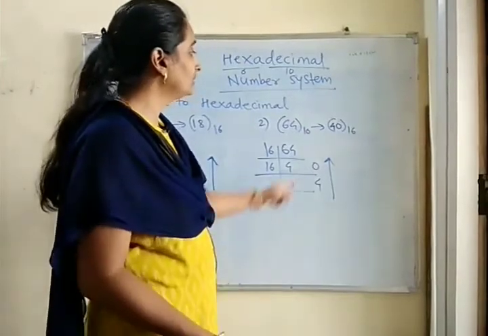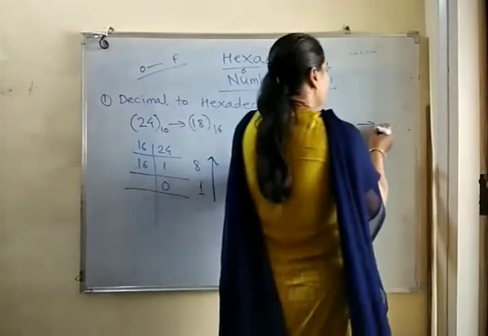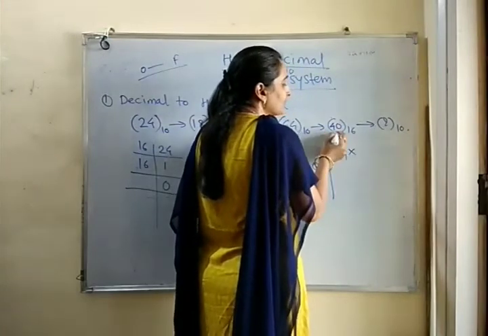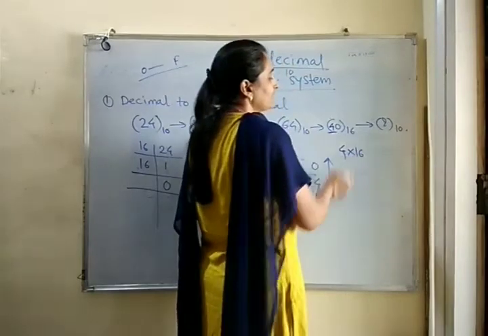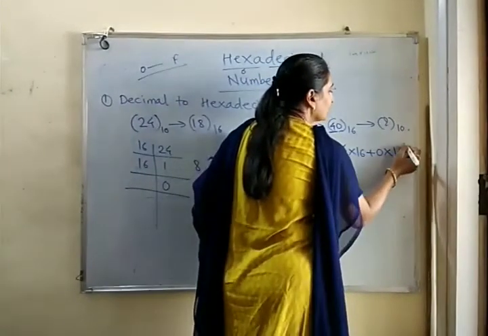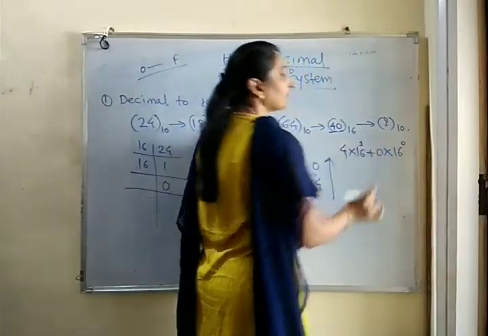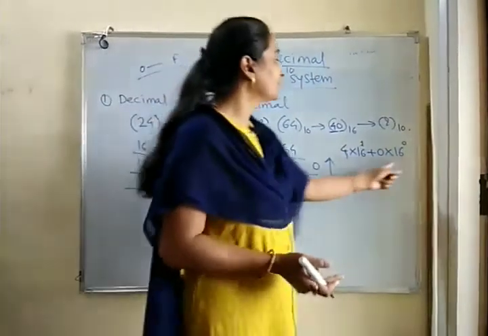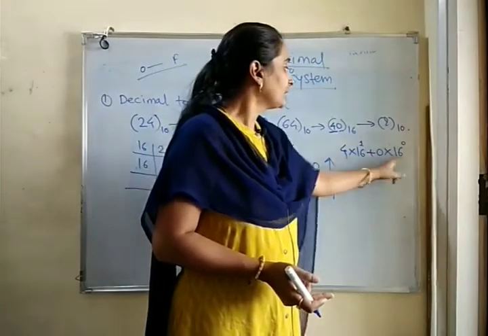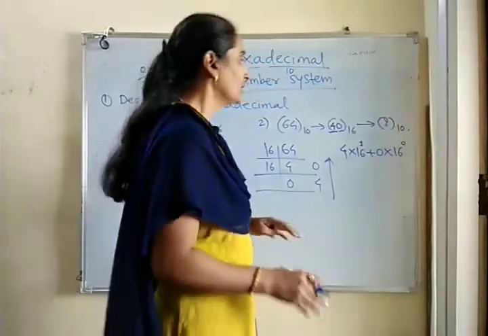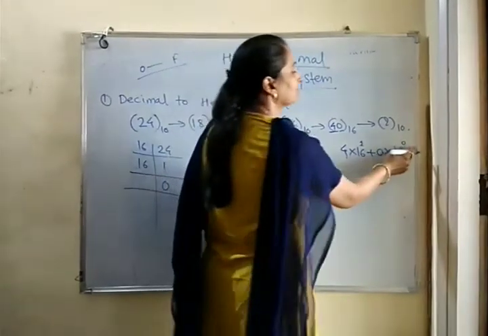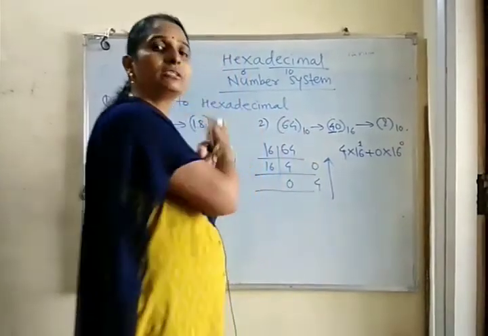Now if you want to convert this hexadecimal number back to decimal, at that time you have to take each digit of this hexadecimal number and multiply by 16. So here 0 should be multiplied by 16 raised to the power 0, then 16 raised to the power 1. Just as we gave 2 raised to the power when converting decimal to binary, here you have to give the power of 16. Multiply each digit by 16 and add all the multiplications, but before that give the power of 16 from right to left, starting from 0, 1, 2, 3, 4, increasing as per the number of digits.